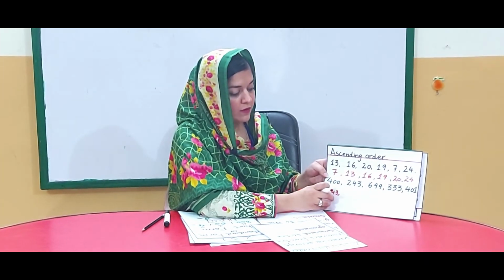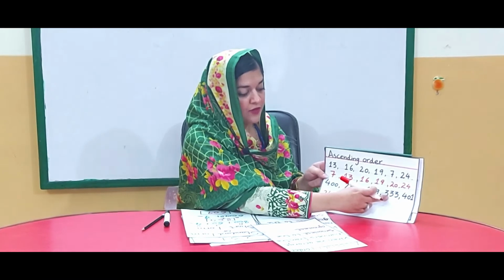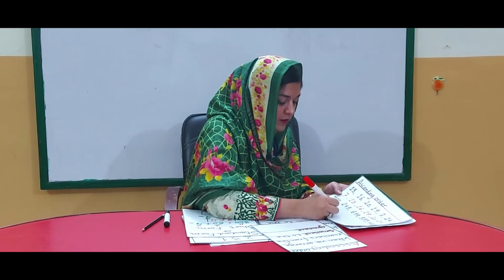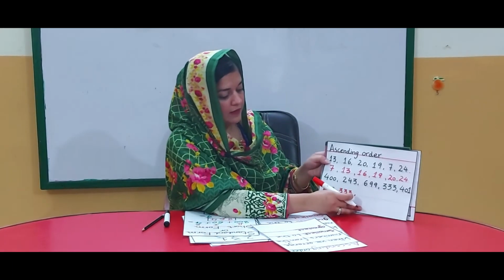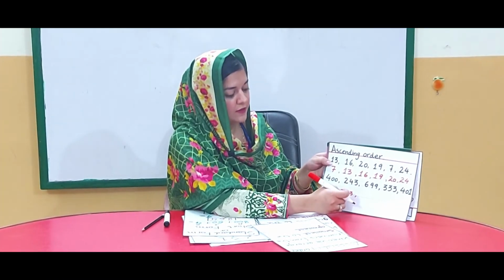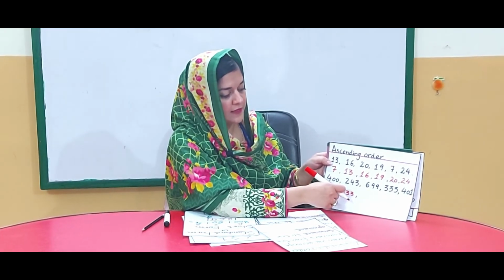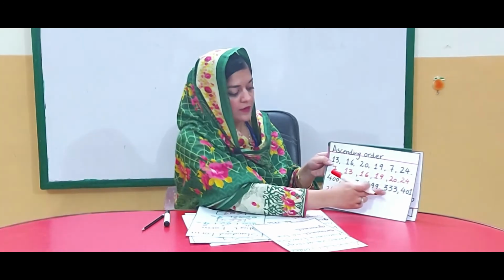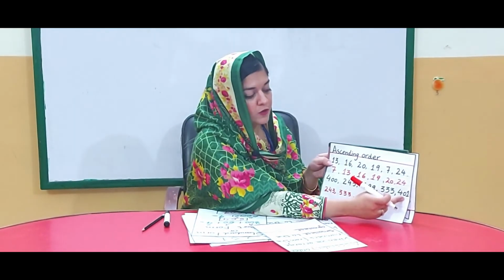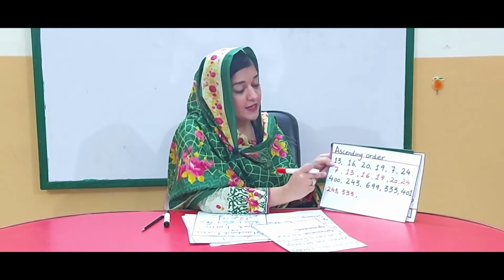Then what will we do? The next higher number, which is higher than 243? It is 333. So we will write 333 here. Okay, now move on. The next higher number, greater than 333, is 400. Clear? Because 2 is done, 300 is done, 6 is greater, so we move on to 400. Here is also 401, but it is greater than 400. So we will write 400 here.